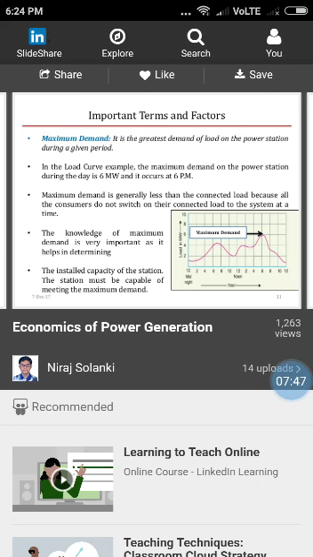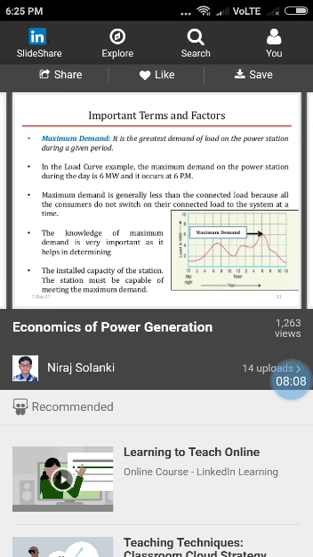Important terms and factors. Next, we will go to the next point, that is maximum demand. It is the greatest demand of load on the power station during a given period. In the load curve example, the maximum demand of the power station during the day is 6 megawatt and it